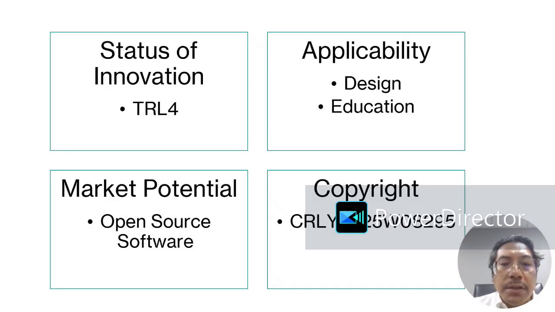In terms of the status and potential, the technology readiness level is at stage 4, whereby we need to validate with a prototype. It can be applicable for design and education. As a market potential, this is open source software, and we have obtained the copyright from MyIPO, with the number CRLY